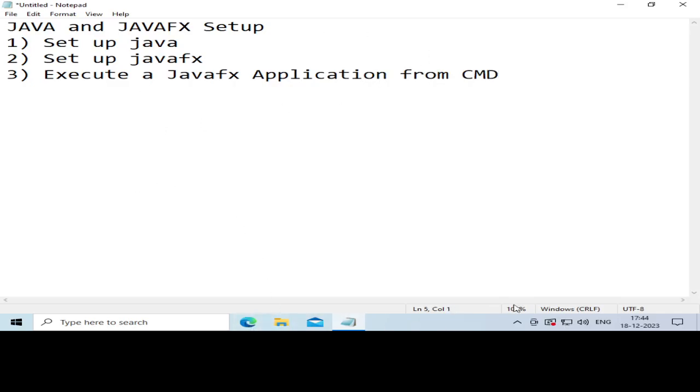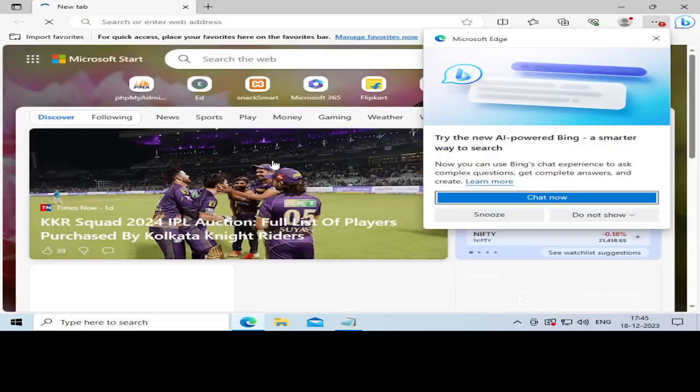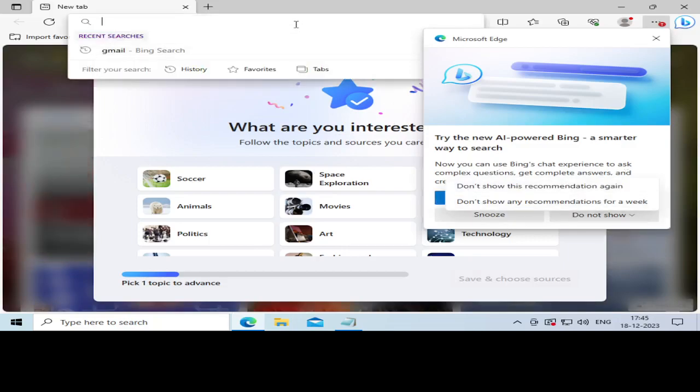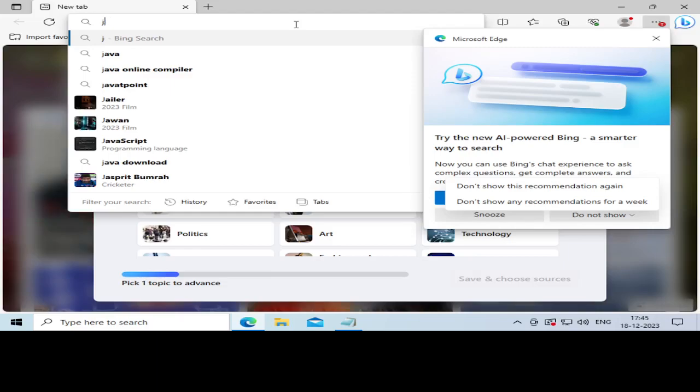So first of all, what are the things that we require? We want to download Java and then the JavaFX, and then we can set up these things. So I'm just going to use my browser. So just a minute. So I'm going to my browser and I'm starting the search: JDK